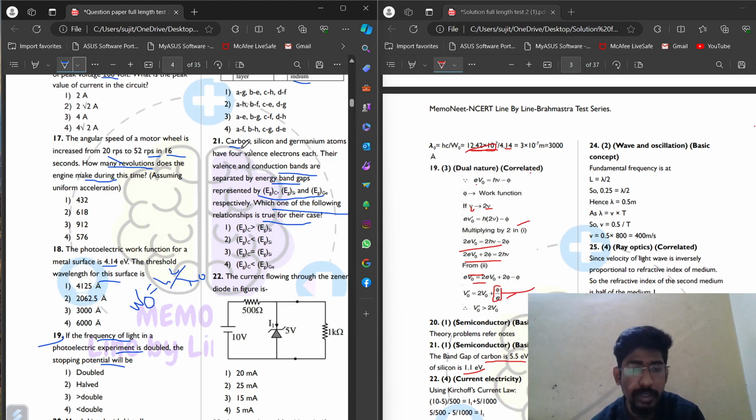So the band gap for carbon will be higher compared to silicon and germanium. And in case of silicon and germanium, silicon has the lowest band gap. So the energy gap for carbon will be greater than that of silicon. So therefore I think option,